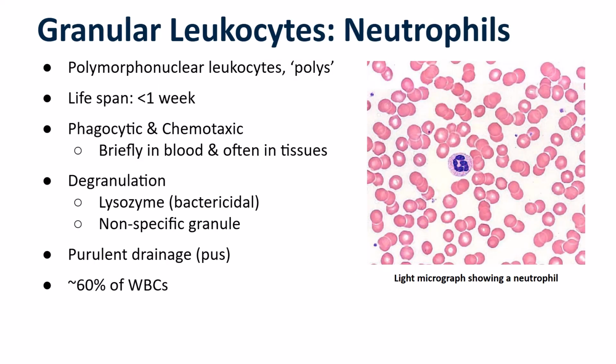So here, let's start with our survey of the leukocytes with the granular leukocytes and with the most abundant granular leukocyte, neutrophils. Neutrophils are the most abundant leukocyte, and they are typically the first on the scene of an infection. Some folks will refer to them as polymorphonuclear leukocytes, or polys for short. Here is an example of a neutrophil, and we can see that it has several different portions or lobes to